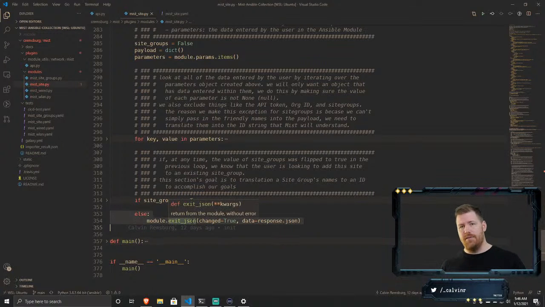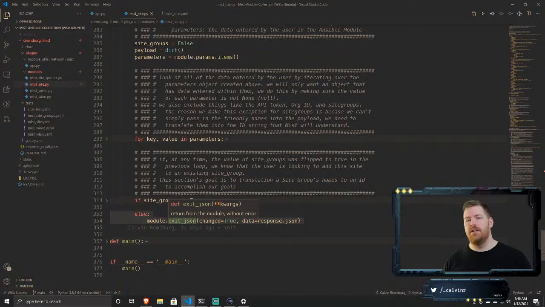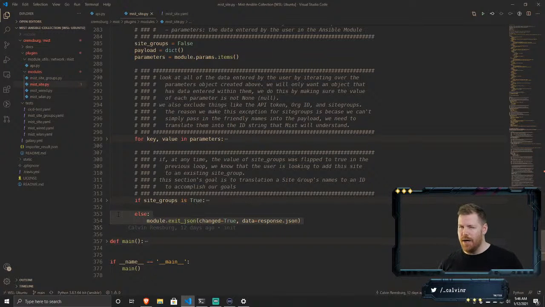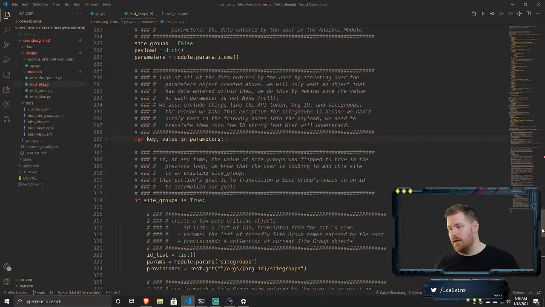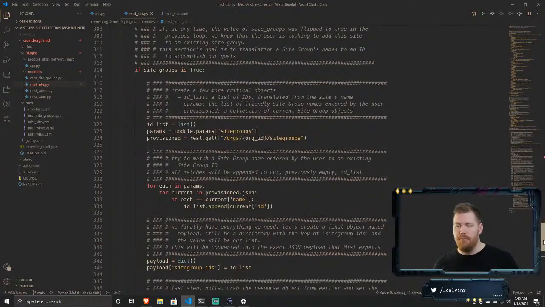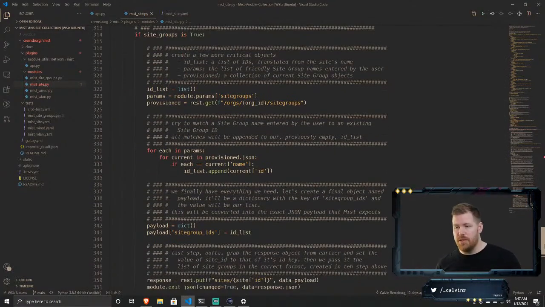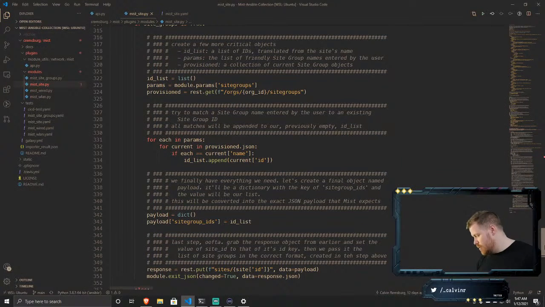But again, if the site was just created, but it doesn't need to be associated to a group of sites, then let's just go ahead and exit out. But if the site groups was declared, then we know that we need to do another set of API lookups to translate what the user had typed in there to the unique ID of that site group. Okay, so if site groups is set to true, ampersand,